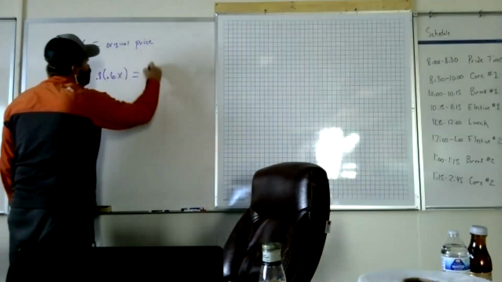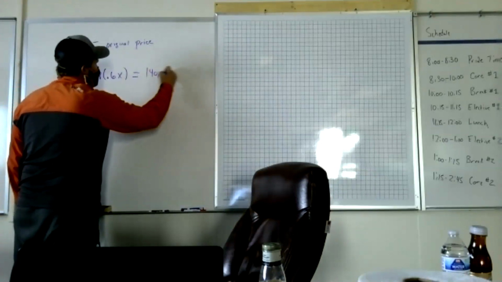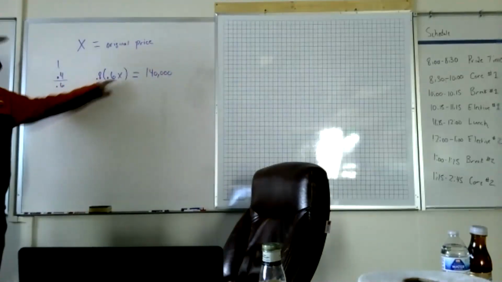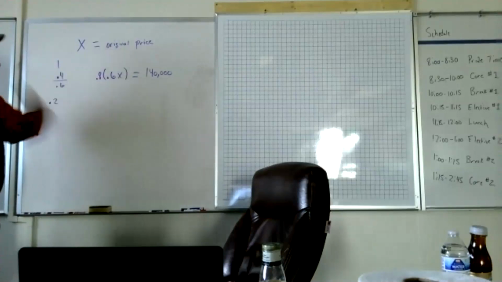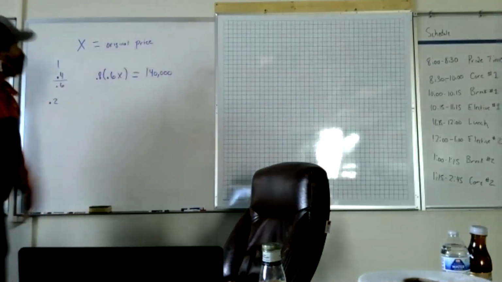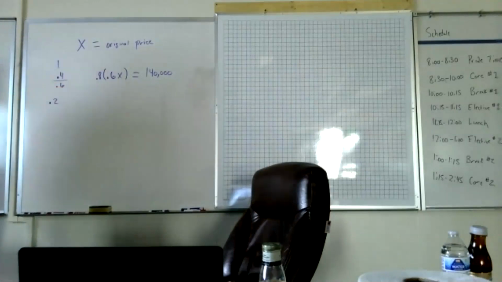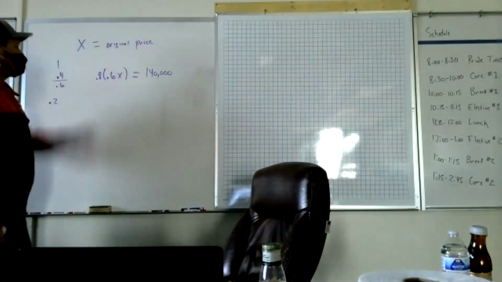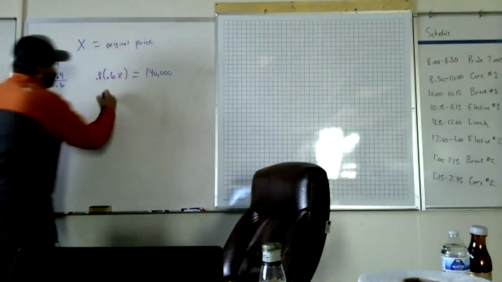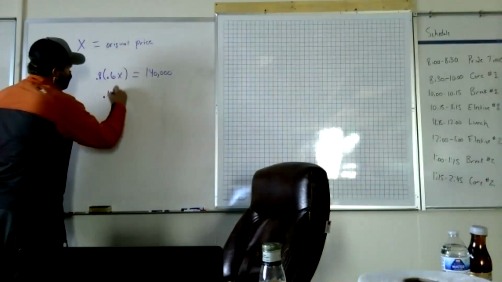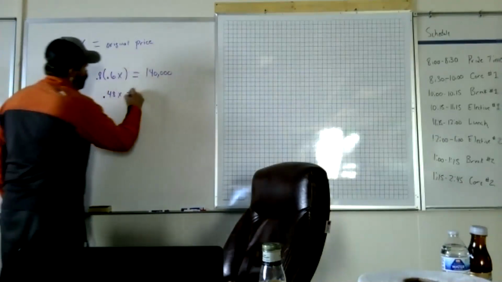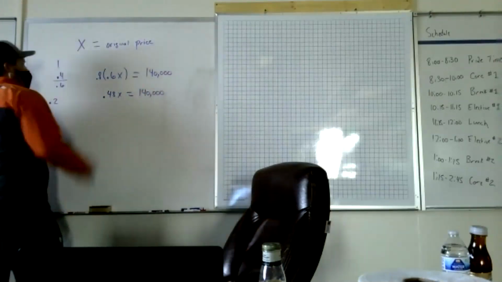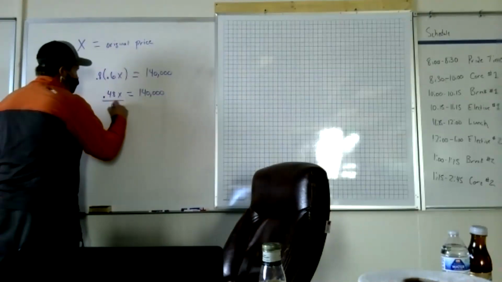Okay, and we set up a nice little equation here. The price we ended up paying, the original discount was 60%, right? Because they discounted it 40%, so we're paying 60%. Then our additional discount of 20% means that we're paying 80% of the already discounted price. So if we distribute this across, we'll end up with 0.48x is equal to 140,000. And then if we divide both sides by 0.48,